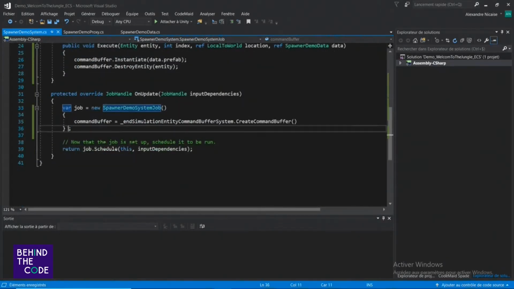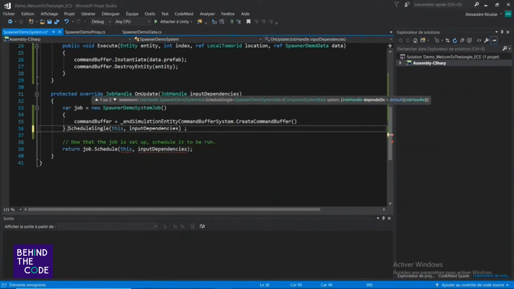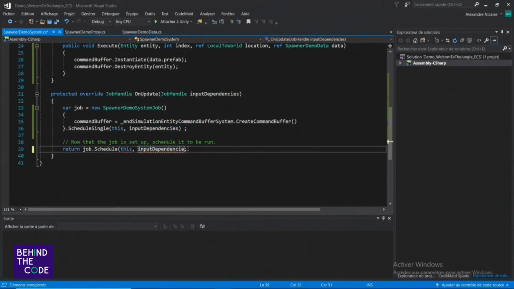Yes, here. I need to add the schedule single in this comma input dependency, and here I will return my jobs, and here we are good.